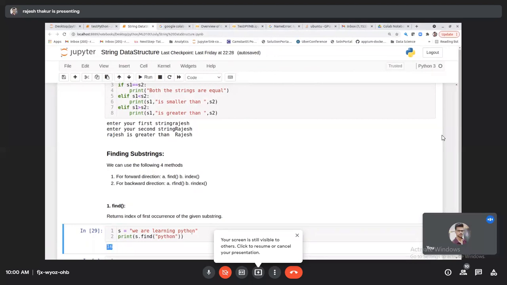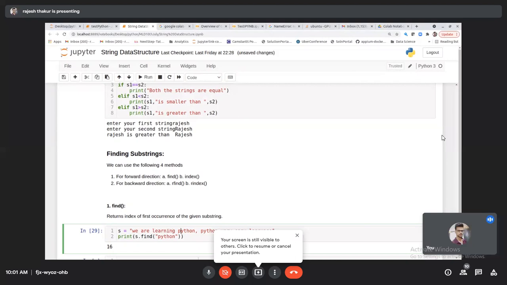Why is it showing 16? And also I'll add something: Python is very easy language. If you count the index of Python, can anyone count this? 0, 1, 2, 3, 4, 5, 6, 7, 8, 9, 10, 11, 12, 13, 14, 15, 16.